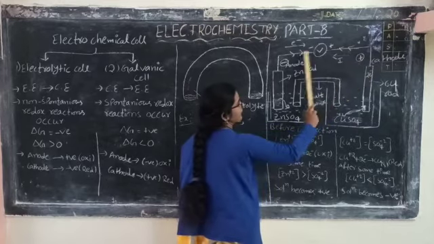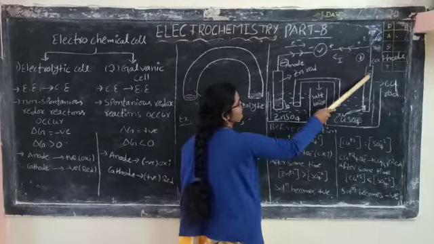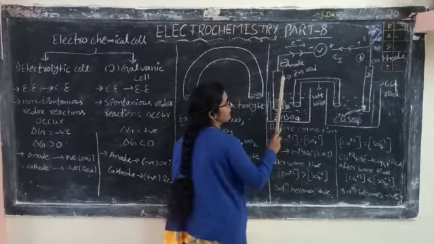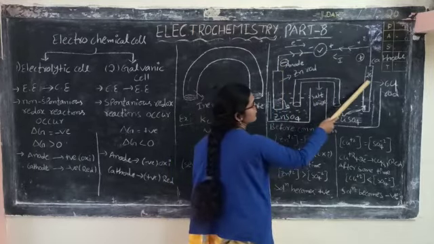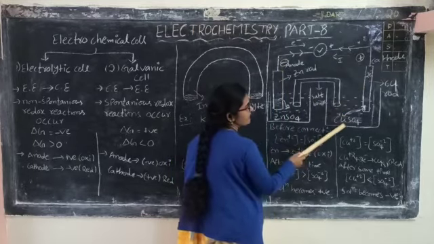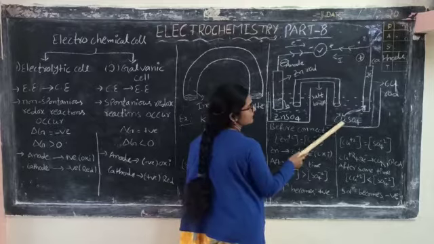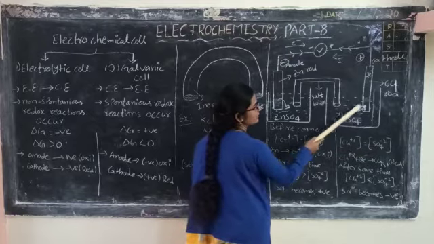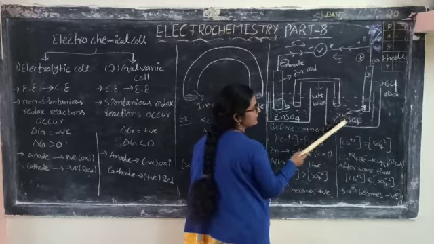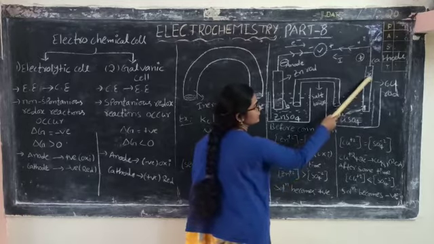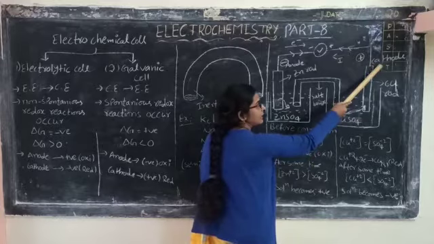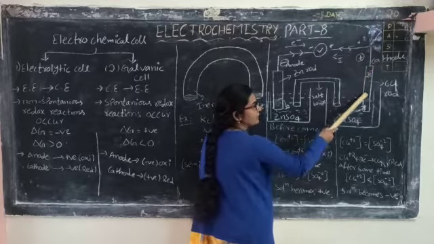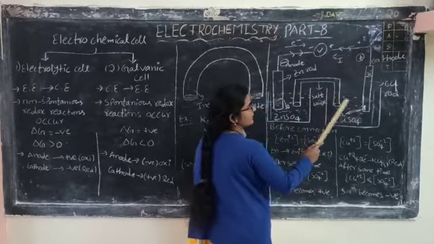So here, what happened? The two electrons are coming from the anode. Then the solution has Cu+2 ions, and these are going to be reduced. These Cu+2 ions present in the solution take the two electrons present in the cathode. This is the observation we observed in this galvanic cell.